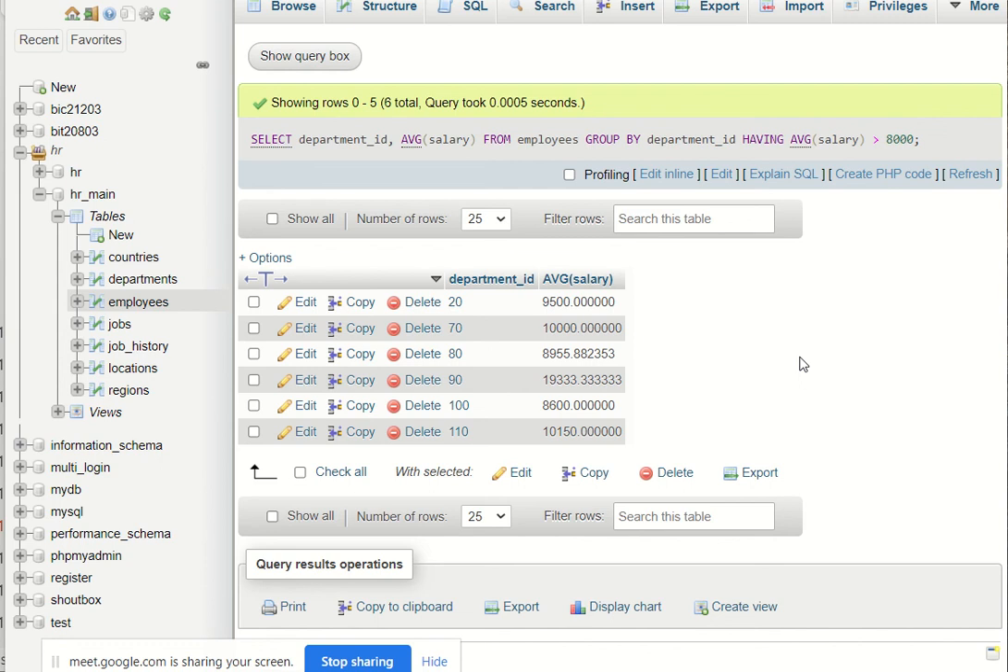Bukan where tak boleh pakai. Kita tak boleh guna where dengan group type function. Tak boleh guna where dengan average ke. Kan? Biasanya kita terus je where department ID equal to something kan? Where salary equal than something. Betul tak? But now we want to